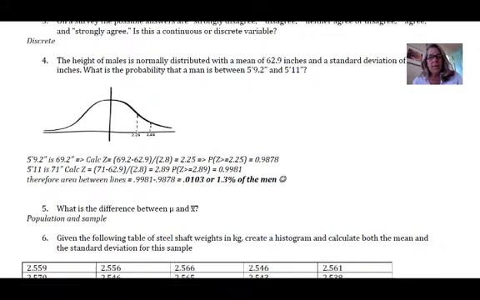So that means that 98.78% fall below that value. And then I did the same thing for 71 inches, and I found that 99.81% fall below that value. So below this is 99.81, below this is 98.78. So I took the difference in those two, which is going to be this. That means only 1.3% of the men,